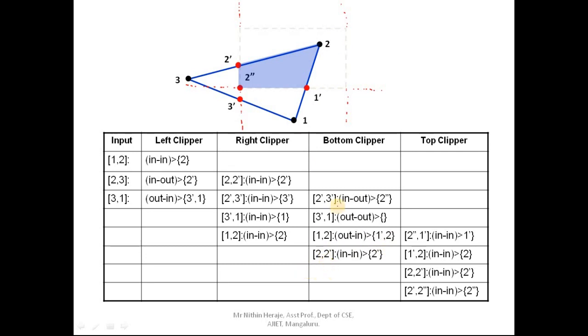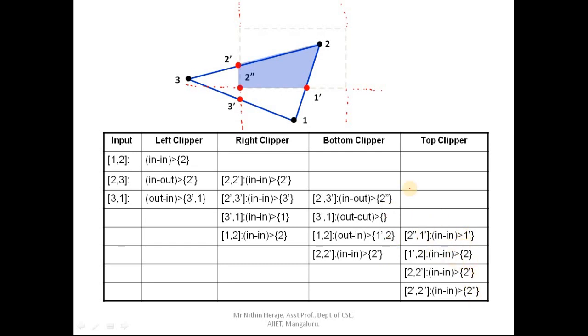And the last one is the cycle. Okay, so this 2 and this 2 dash, 2 to 2 dash. If you take 2 to 2 dash, it is above that line, hence both are in, and 2 dash will be the output. Okay, 2 dash will be the output. Continue the same procedure here also, and you will be getting this as the output.